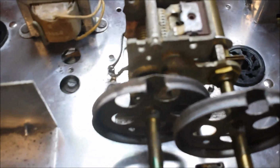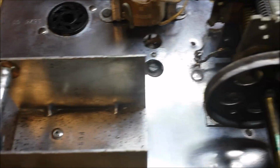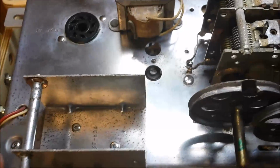On the back side, I went ahead and drilled out the holes that were in there for the BNC connector and the phono connector and put the plugs in it. So next day we'll go ahead and start shotgunning the caps, and we'll check resistors, and hopefully maybe by the end of the weekend we'll be able to get it